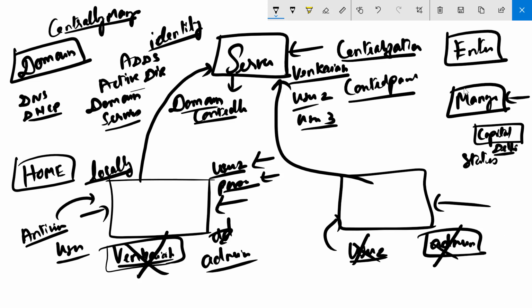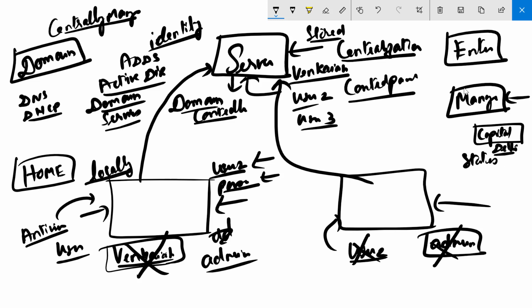So please understand our goal out here. Our goal out here is from a centralized location, managing all our users and computer settings, managing what our users can do and what settings our computers will have. And in order to do that, we'll be establishing a centralized server where all the identities are going to be stored and managed, to be very specific. So your identity is going to be on the server. Your computer's identity is going to be on the server. And the server is going to decide what you can do on the client and what you cannot do on the client.